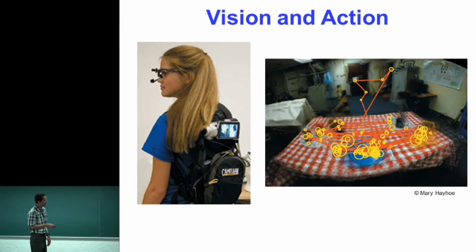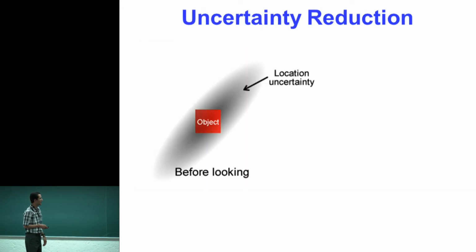And you can see that this pattern is very, very specific, right? So for this task, it's very specific. They just move here on the table where they are working. Here they move outside. Probably they saw something interesting, I don't know. So this is a very nice experiment where you can see that the task that they are performing is very important for the movement of the eyes, okay?